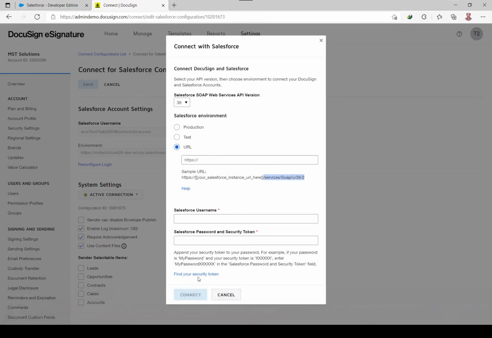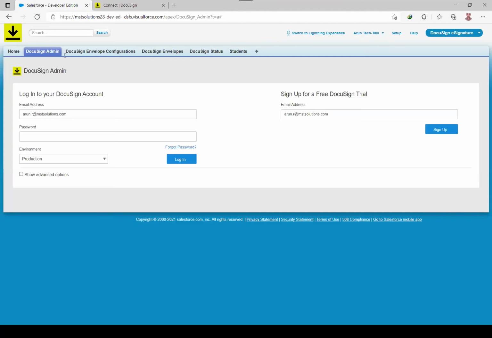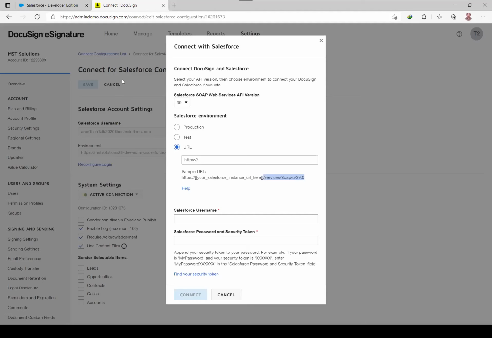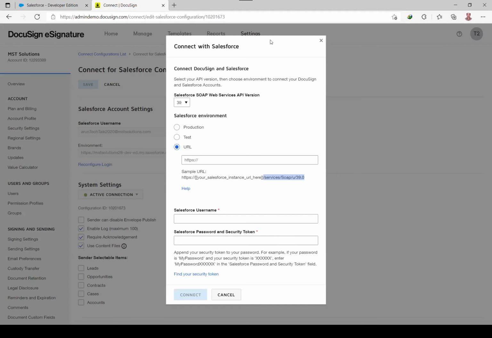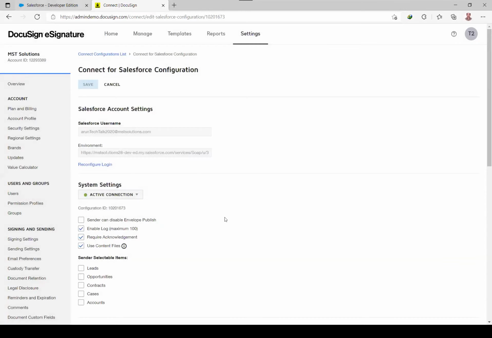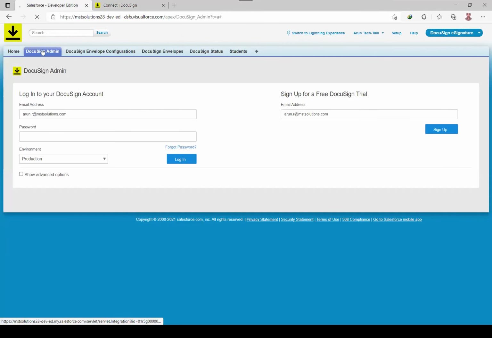That's enough. So here are the two things we need to consider. In Salesforce, we need to provide the DocuSign credentials. Parallelly, we need to provide the Salesforce credentials in the DocuSign sandbox. Once we provide both credentials, your Salesforce org will automatically get connected with your DocuSign sandbox. Once it is connected, it will show over there.